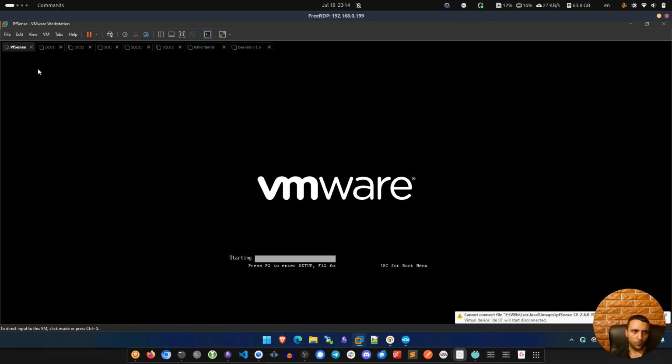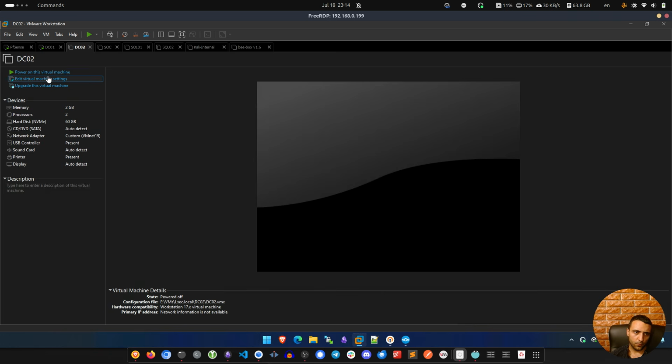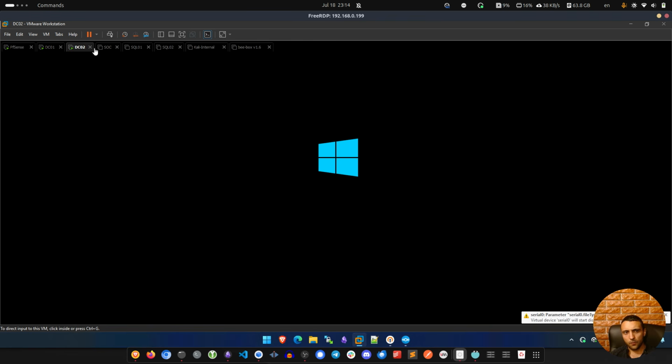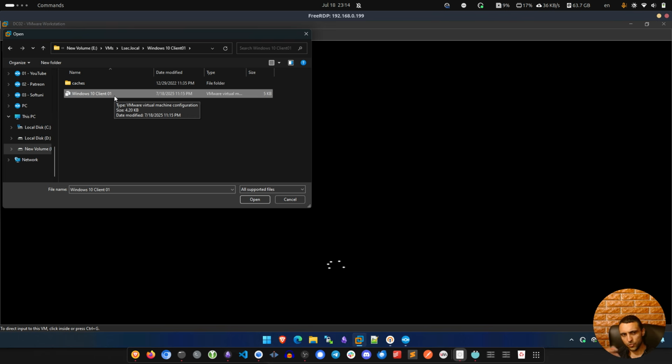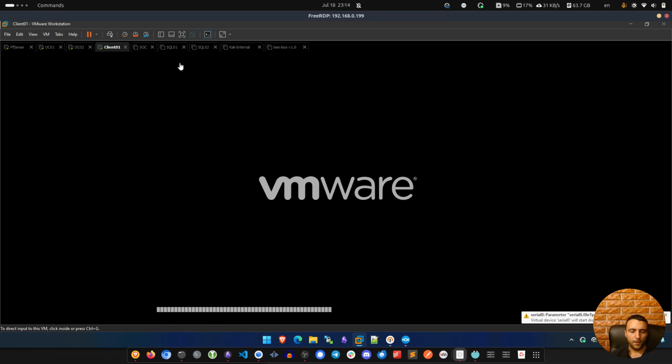So, of course, I would want the pfSense because I need internet. Of course, I would need the domain controller so everything can be resolved correctly. And perhaps I would need the client 01 from where I can install Outlook. And at some point in the future, I can add maybe another client where I can also install Outlook and use it to exchange emails. We can do it like that. So for now, we're gonna stick to 4 machines,